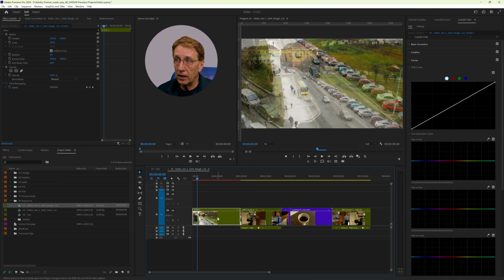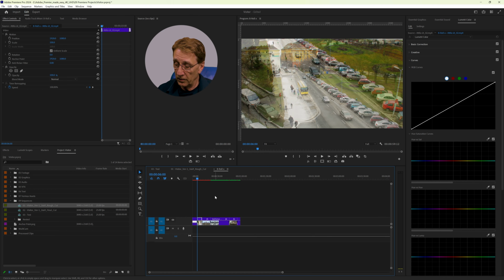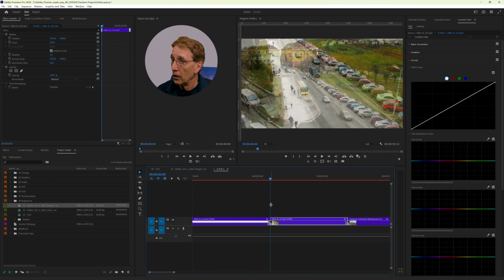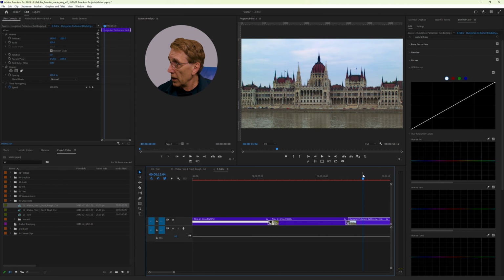So I double click on the nest and the nested sequence opens. And now we can manipulate all these clips, and we start with the Hungarian parliament, where we have a zoom that starts from 0.